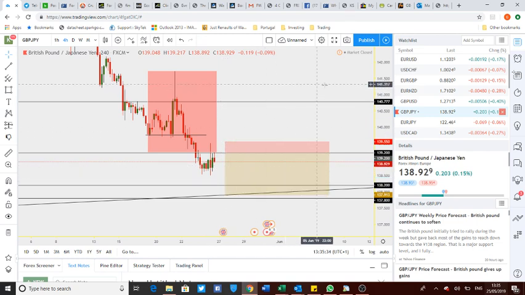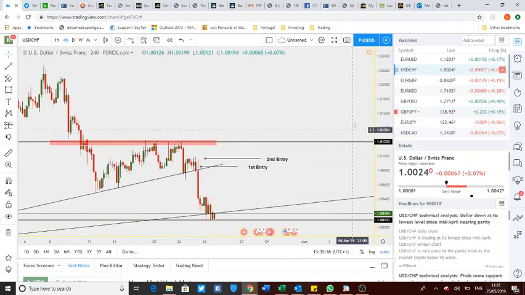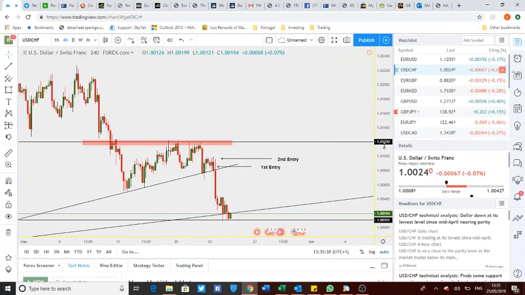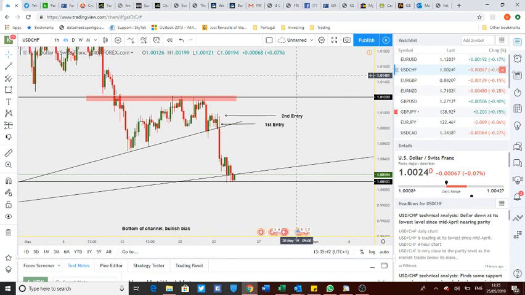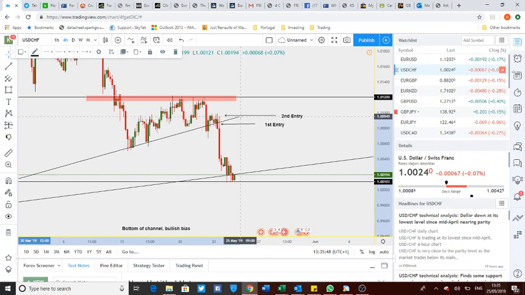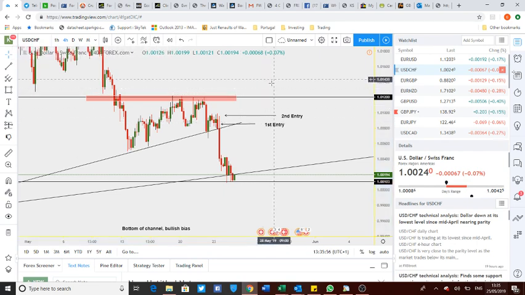The only other one I want to look at is USD CHF, which is where me, you, and Josh went into. And I've tried to recreate it. I think I've recreated it. Actually, no. You know what? I think it might have been... No, that doesn't make sense. Hang on. I think it was like this. I think that was the setup. So we had